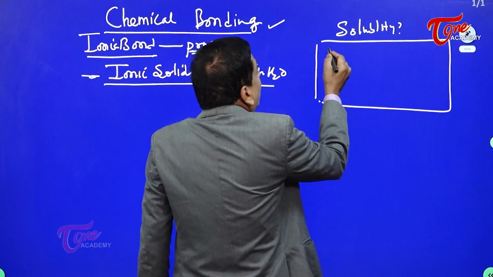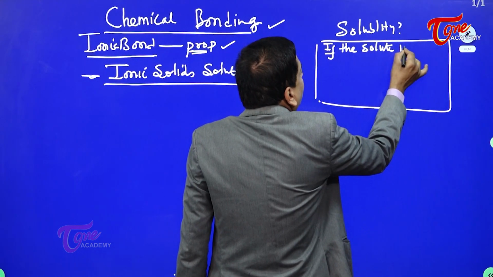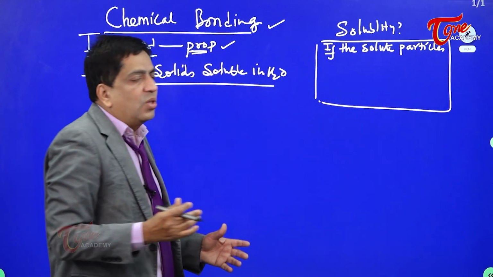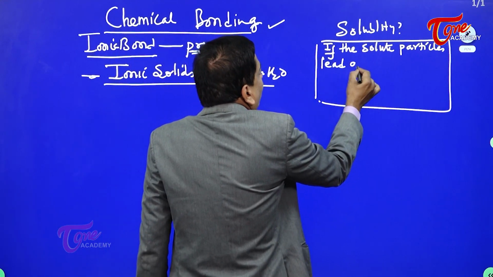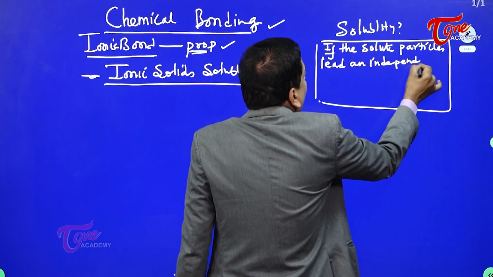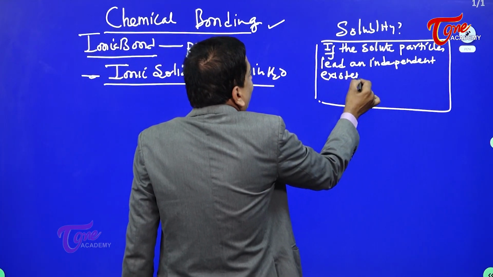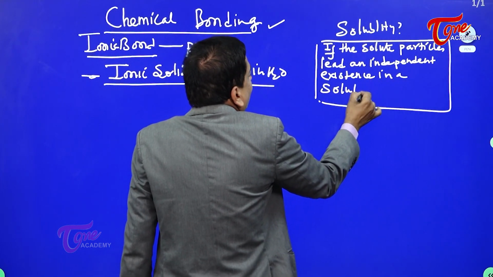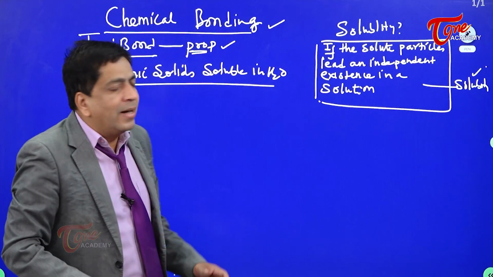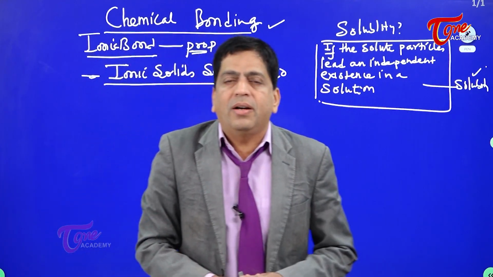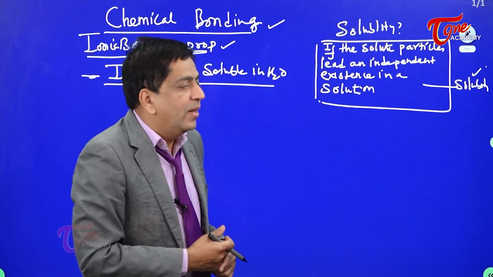It is basically like this. If the solute particles lead an independent existence in a solution, then we say it is nothing but solubility. So if the solute particles are leading independent existence in the solution, then we celebrate the formation of a solution, and we say that the solute particles are dissolved, right? If that is the case, then understand that